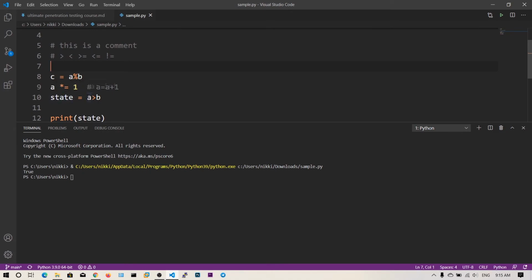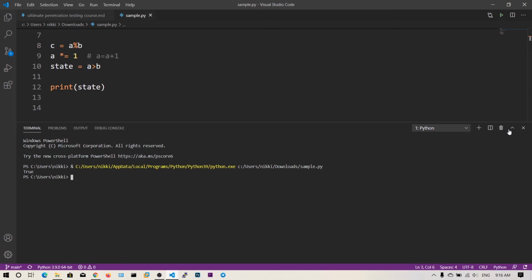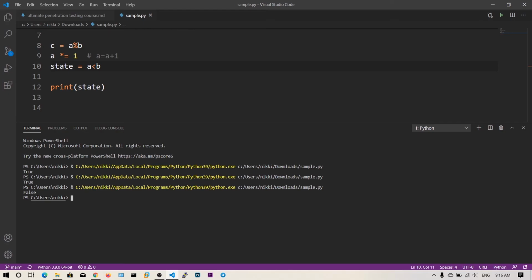I'm going to save the result of a greater than b. So a is 10, b is 5. Of course a is greater than b, so that's why it gives true. If I run this again, I will get true. If I say a less than b, I will get false, because 10 is not less than 5, right? So we got false.